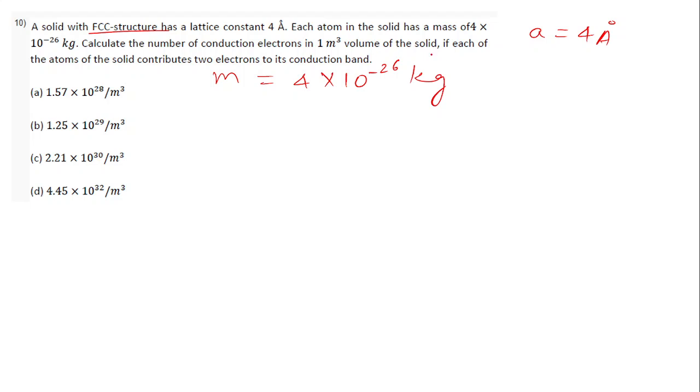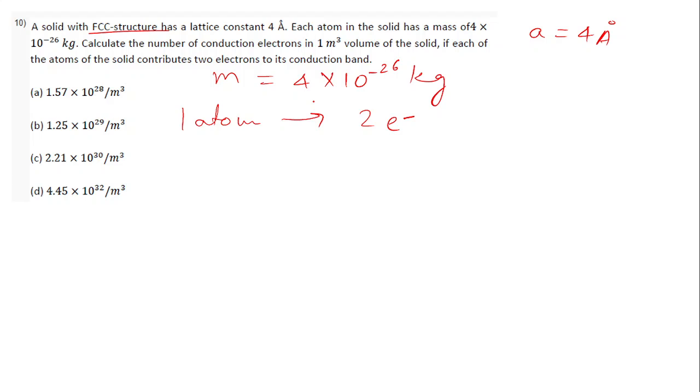So what they are saying is that one atom gives 2 electrons. Here we have to calculate how many electrons are there in 1 meter cube volume of solid, and mass of solid is given. Okay, so we'll find out